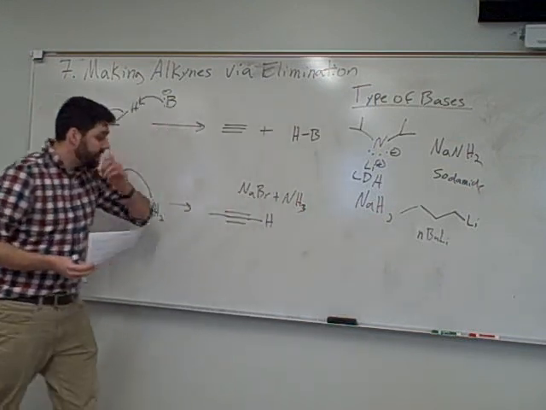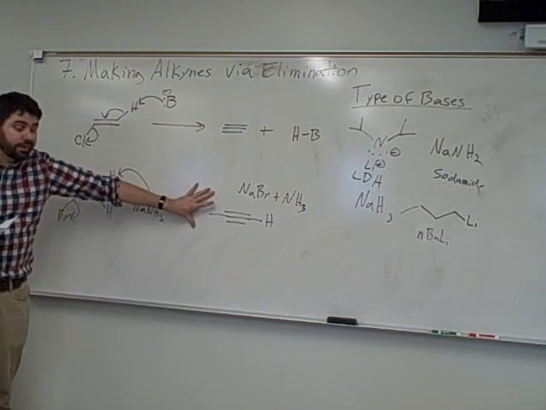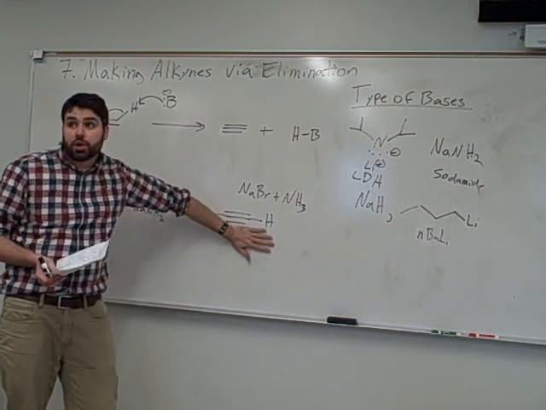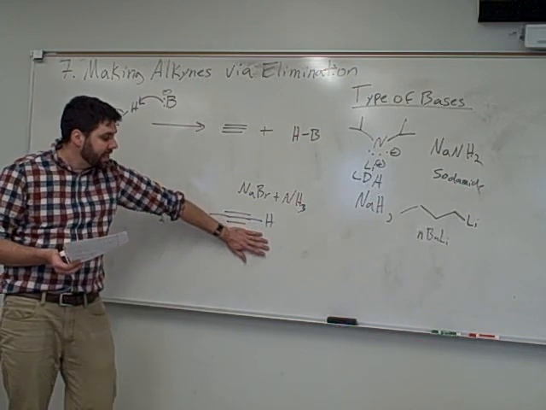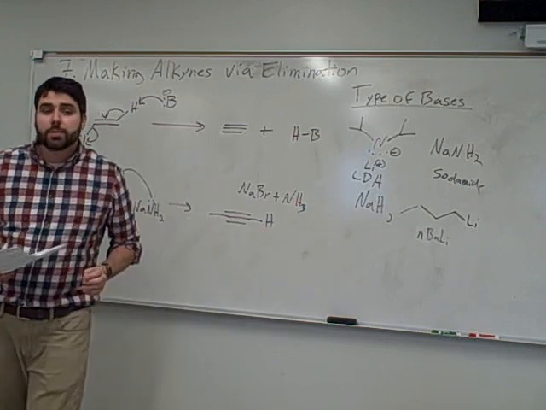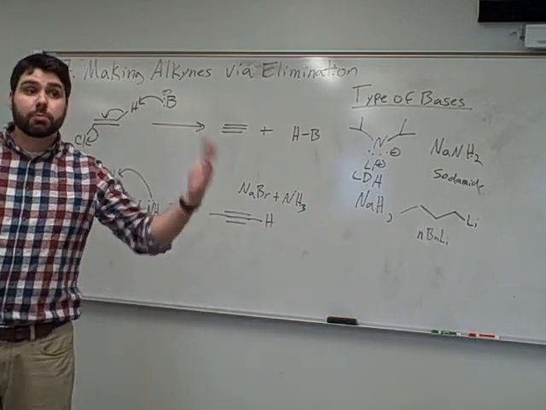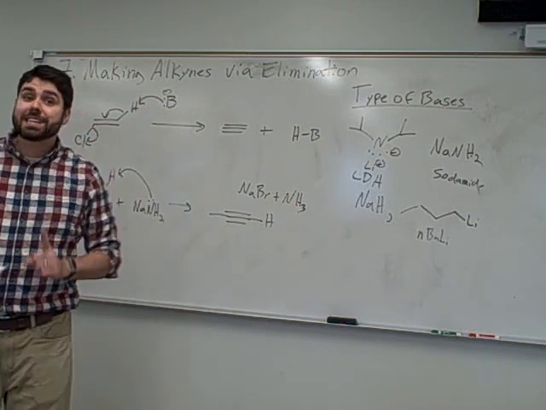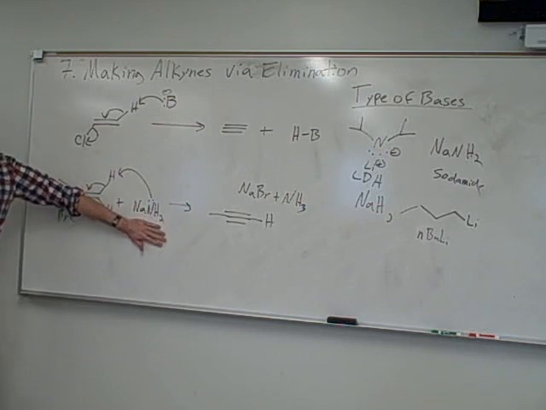Okay, so that being said, something really kind of interesting happens when you have a terminal alkyne. So an alkyne, which is on the end of a carbon-carbon chain. And what that interesting thing winds up being is that our terminal alkyne is actually fairly acidic. And remember, earlier in this chapter, we talked about alkylation of terminal alkynes. And the first step in that was, okay, we pull off the proton. It turns out the exact same base we used to pull off that proton is the base we use to perform this